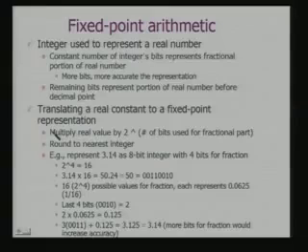So how do we do fixed point arithmetic? In fact, we use a fixed number of bits in the word to represent the fractional part of the binary number. So if we multiply the real value by 2 raised to the power of the number of bits used for the fractional part, we get the representation. This is a simple illustration, all of you know this, that we can represent 3.14 as an 8-bit integer with 4 bits for fraction. So if it's 4 bits for fraction, then why am I multiplying this?